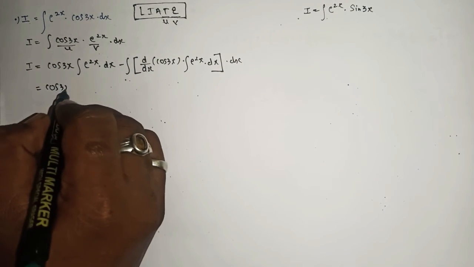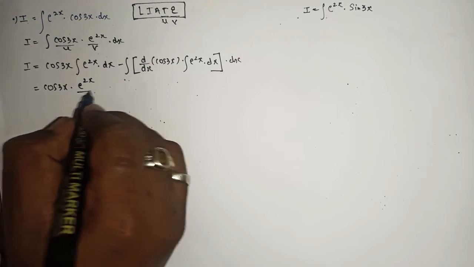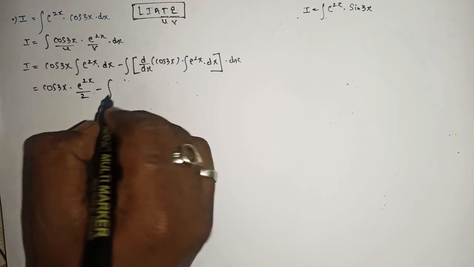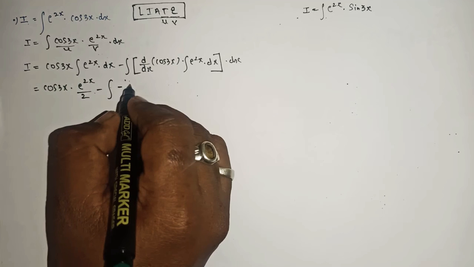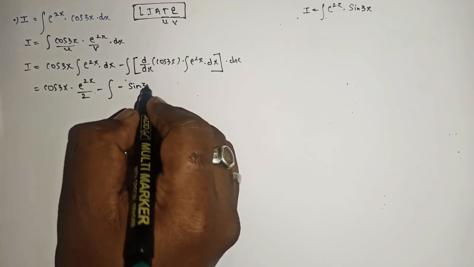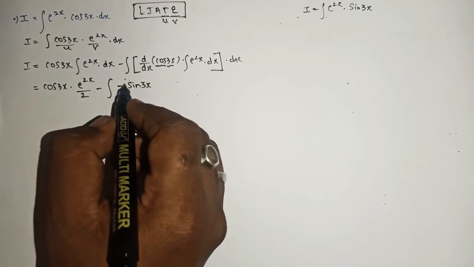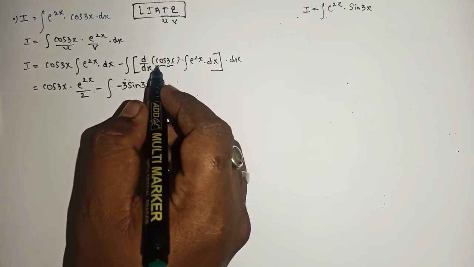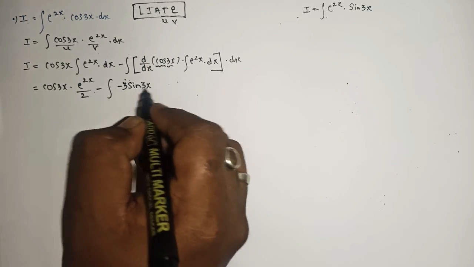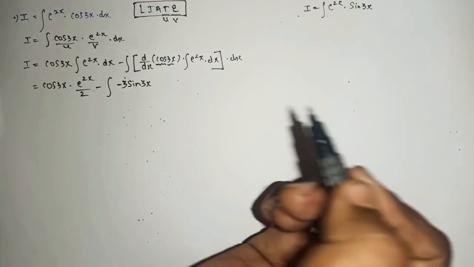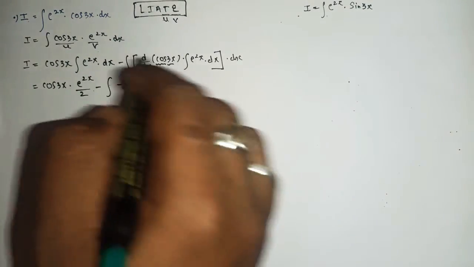This will be same as it is. And we know that integration of e raised to 2x will be e raised to 2x upon 2. Yes or no? Minus derivative of cos. Derivative of cos, we know that it is minus sine 3x, and derivative of 3x will be what? 3. So here directly we can write as what? Derivative of cos 3x, when you will apply the chain rule, you will get minus 3 sine 3x. Understood? You must know this basic things. Okay, basic derivative, basic chain rule is what?